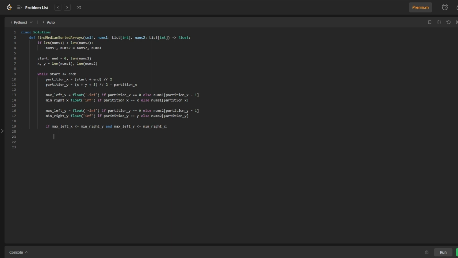And then finally, we can say if x plus y mod 2 is 0, and this indicates an even number of total elements,